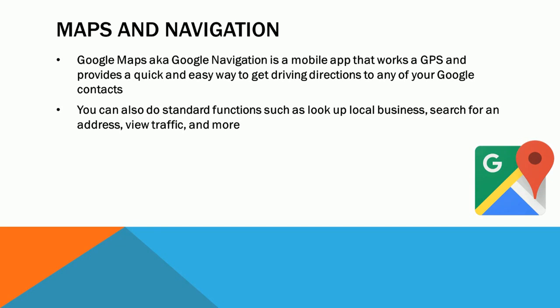So it is a very smart, fast, and efficient GPS system that ties into your contacts, but it will also work as any other GPS where if you don't have the contact saved, you can search for an address, you can view what are the local businesses and restaurants nearby me. It'll know where you are and tell you what's around you. And you can even get traffic information too when you are driving on your GPS. So Google Maps and Google Navigation, another great free app that ties into everything that is synchronized with all of your various Google services